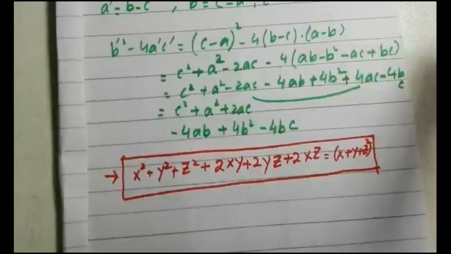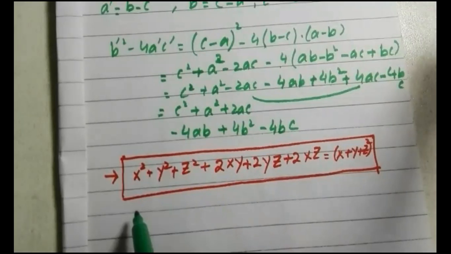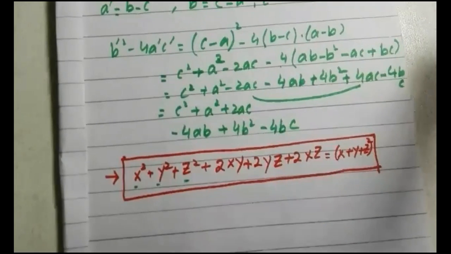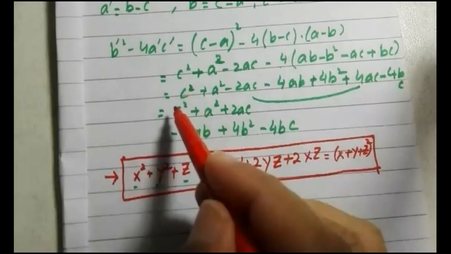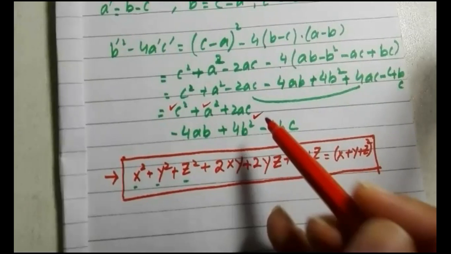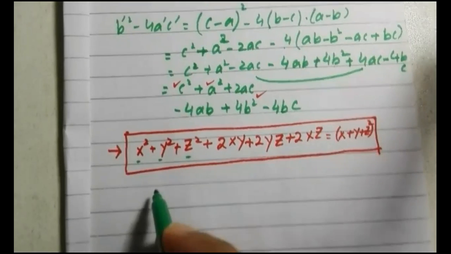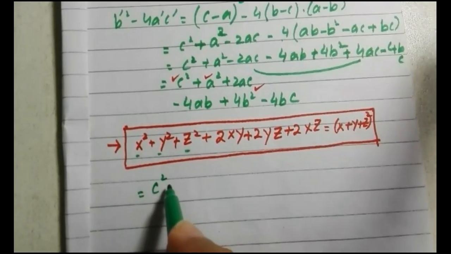So now I'm going to rearrange, because what I wanted is to get 3 perfect squares. You can see that there are these 3 perfect squares. So which are the 3 perfect squares in these last 6 terms? C square is a perfect square, A square is a perfect square, and 4B square is a perfect square. I will separate these 3 perfect squares and write them in the format I explained in the box: c square plus a